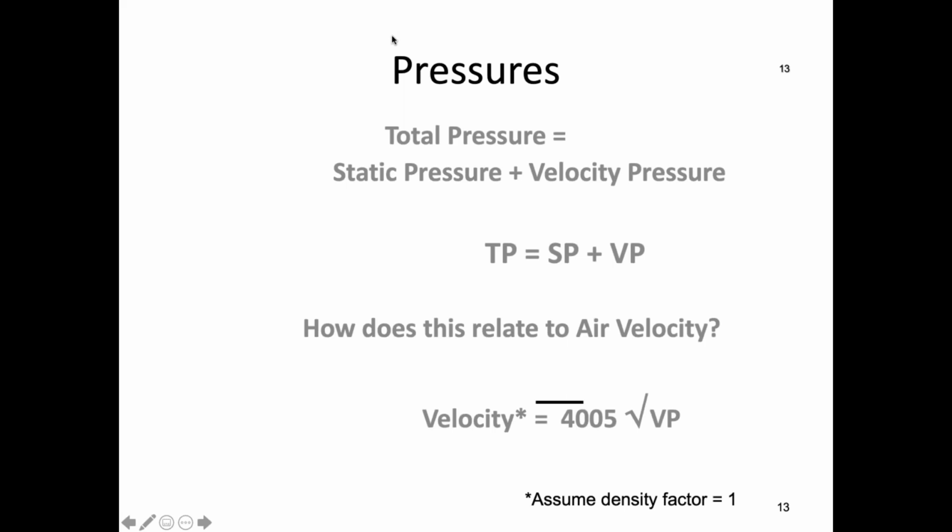One of these is called static pressure, and the other one is called velocity pressure. If I blow up a balloon, actually in this room right now, we are sitting under a column of air which is 50,000 feet tall. So the pressure on our bodies right now is 14.7 pounds per square inch, which I think is the equivalent pressure of 32 feet of water, or 29 point something